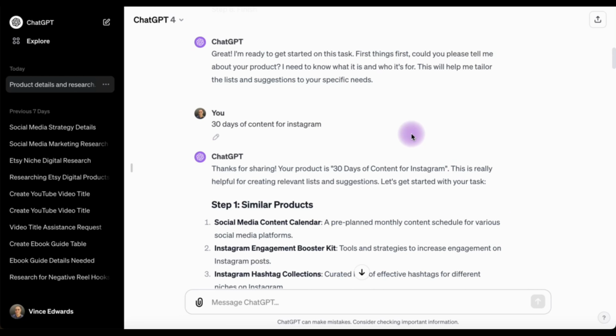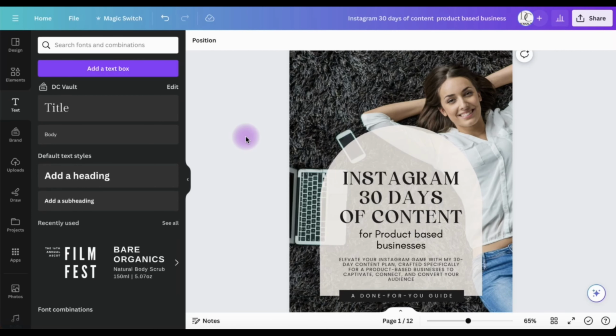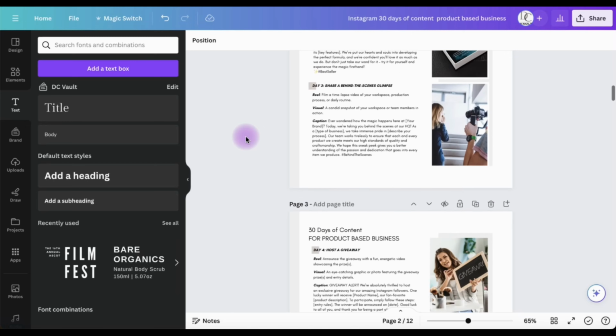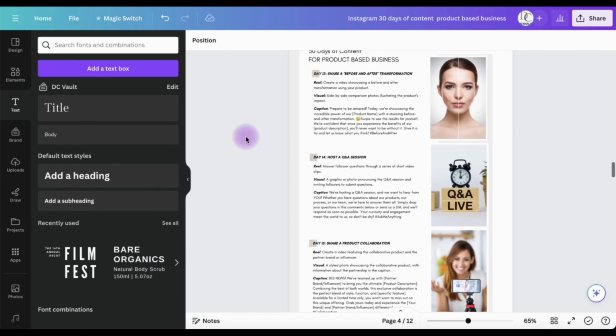Okay, hey everyone. So I've created this ChatGPT mega prompt, and it helps with creating Etsy listings and Etsy research. Okay, so I'm using it. I've just created this product on Canva, Instagram 30 days of content. So this has got 30 days worth of post content guidance for Instagram,